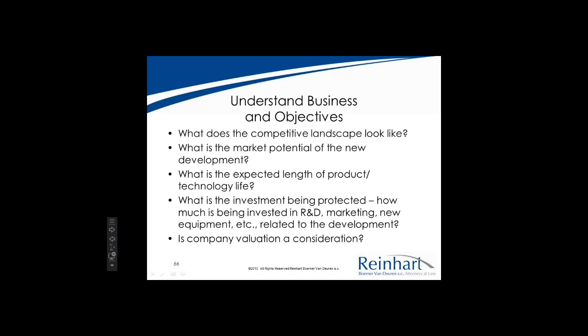What's the expected length of the product technology life? There are some industries that move very fast. A product's obsolete in 12 months. Patent protection probably isn't your friend in that scenario, because your patent is going to issue 3 years after your product becomes obsolete. Now, on the flip side, if it's a product that has a 30-year lifespan and you get to reap the reward of the full term of patent protection over the life of that patent, that leans in favor of